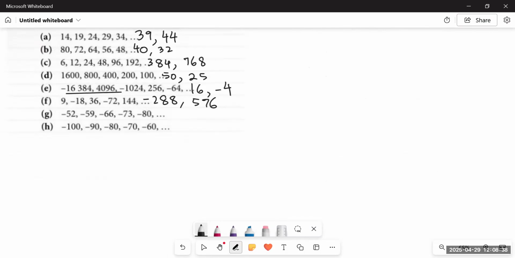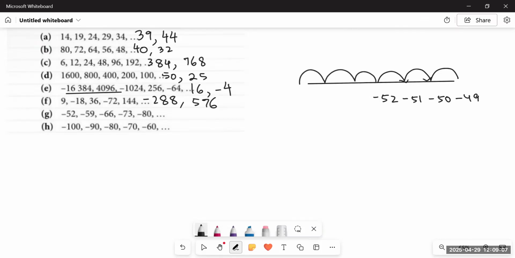For this, students, always remember to write down the numbers on the number line. So if I write -52 over here on the number line, what happens when we move to the right-hand side and the numbers are negative? I'm going to write -51, -50, -49, and so on. But on the left-hand side, I'm going to write down the numbers that are less than -52, though they seem like they are greater than -52. That is -53, -54, -55.